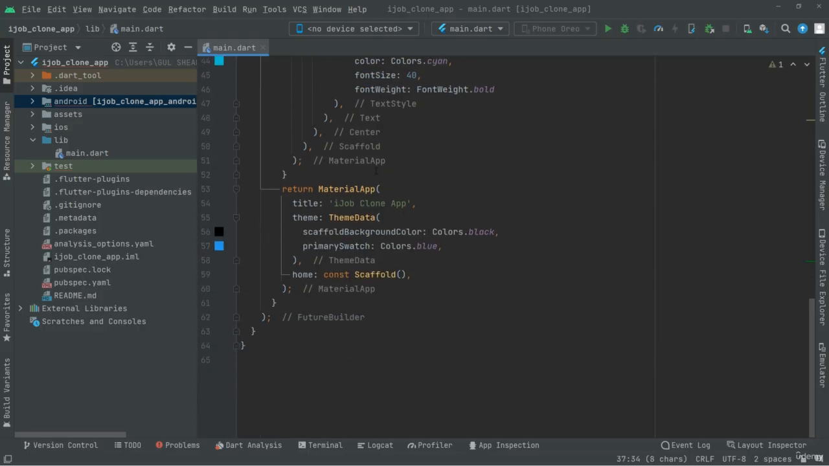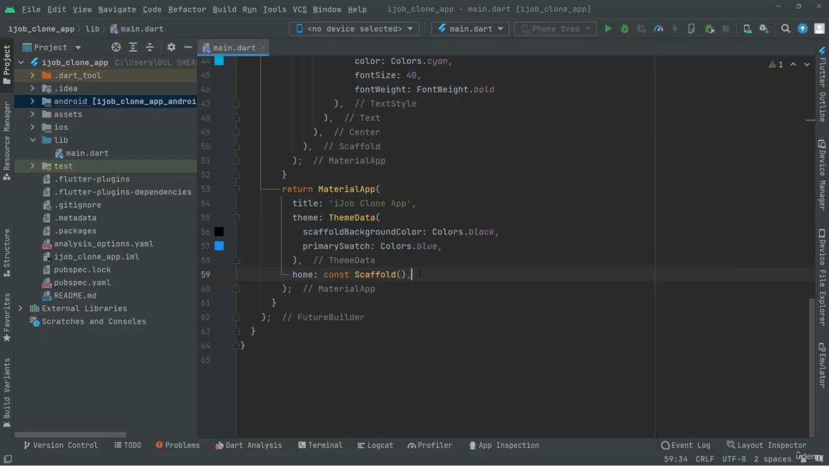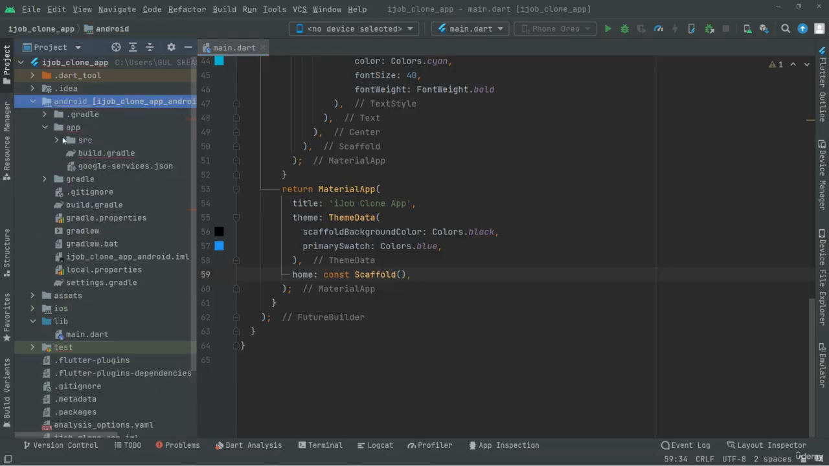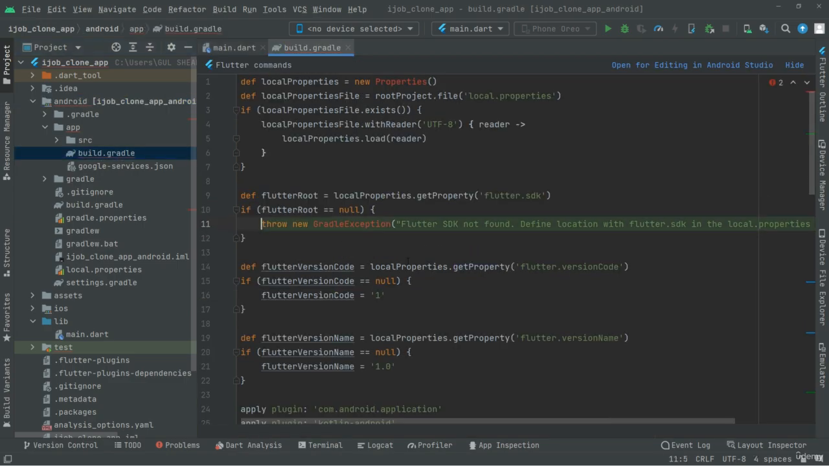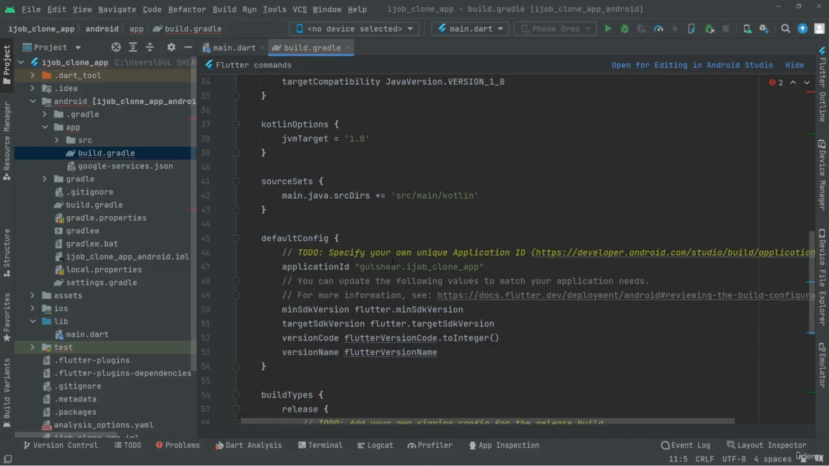And right after is the initial material app, in which we set the title and the theme data. We give the color to the scaffold background, and also to the primary swatch we set it to blue. And right in the home, you guys can see it is a scaffold. So whenever we run the app, there will be an empty black screen because we set the scaffold and it's totally empty. So before running the app, first we will go right inside the Android and open the app, open that build.gradle,